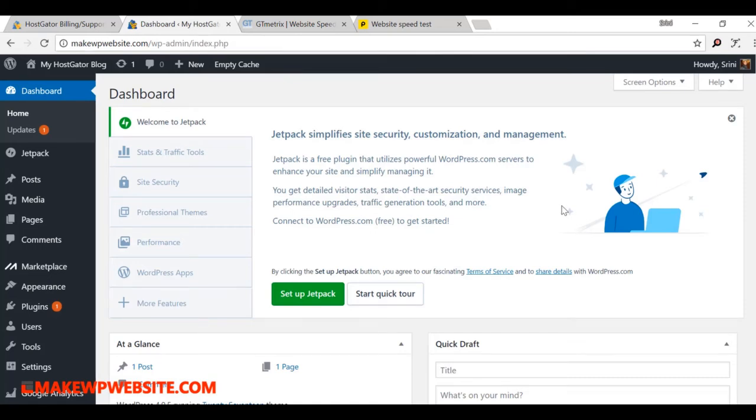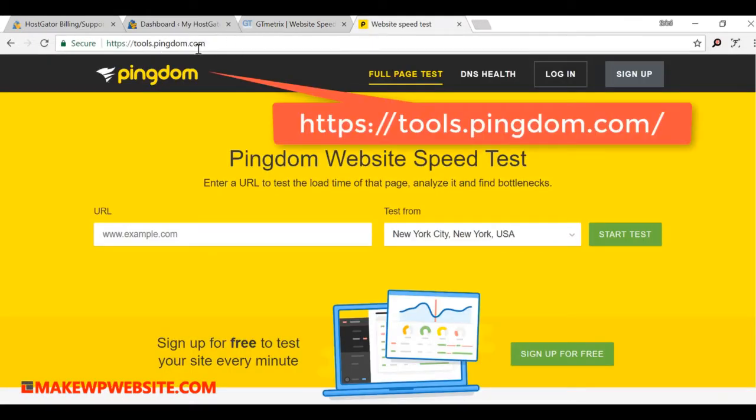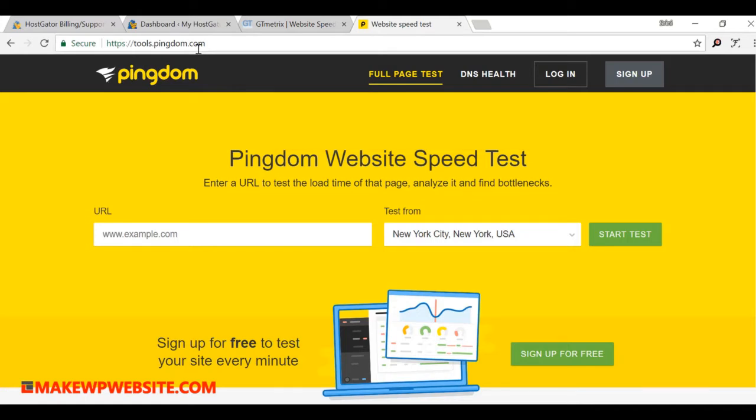It's good that we haven't added anything to our website. This is plain, freshly baked from the oven, right? I haven't made any changes to it. This is what HostGator gave me as a fresh WordPress installation. So it's a good idea that we capture this first and understand what our initial site speed is. From there we will add things, delete things, and then see how our site speed performs. The first tool is called GTmetrix. The second tool is called Pingdom. I'll give you this link in the references so you don't have to pause this video and type it in the browser. These links will be available for you to verify at the end.